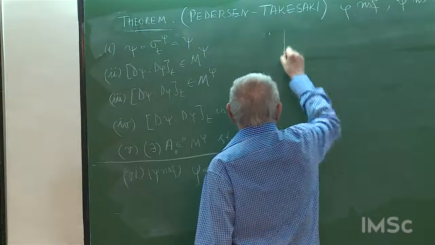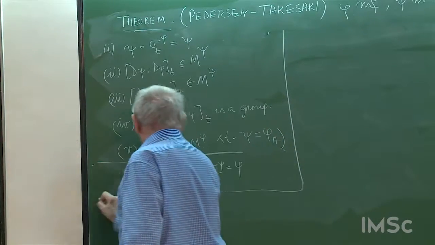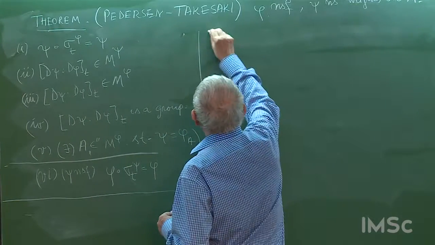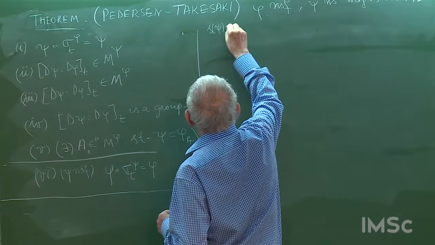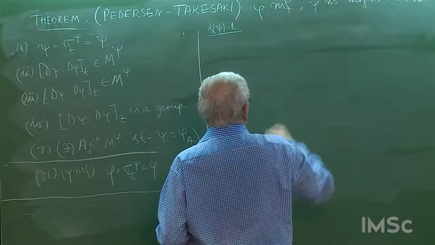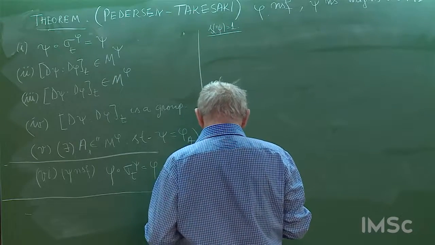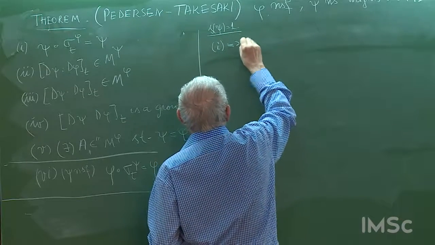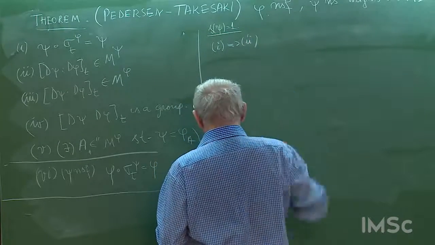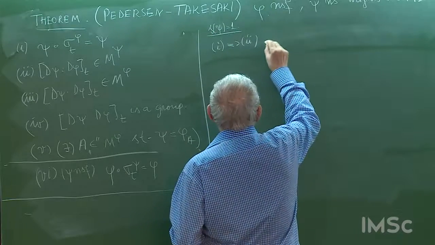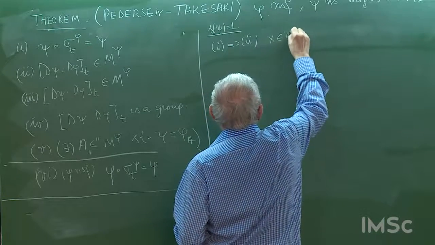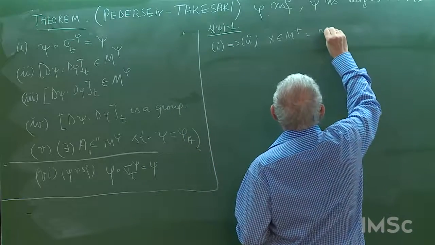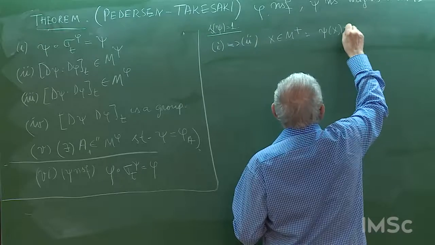So let's prove this, and I will assume that the support of psi is equal to 1, that is, psi is faithful. Let's see why 1 implies 2. For x in M plus, we have the following. Psi of x is equal to